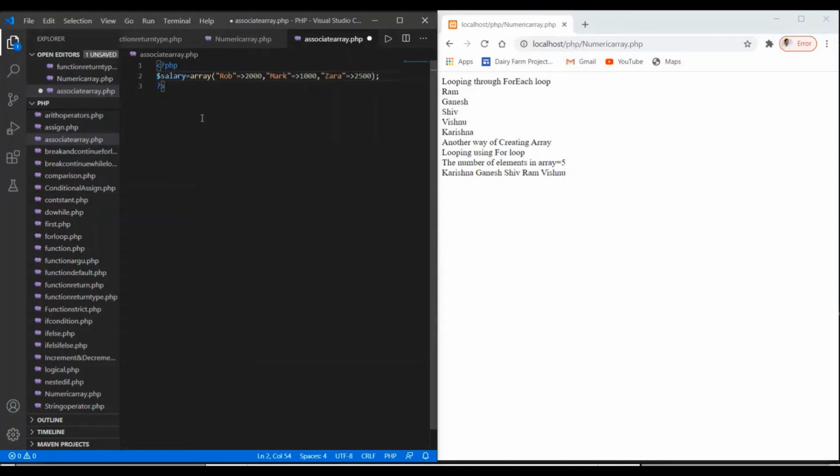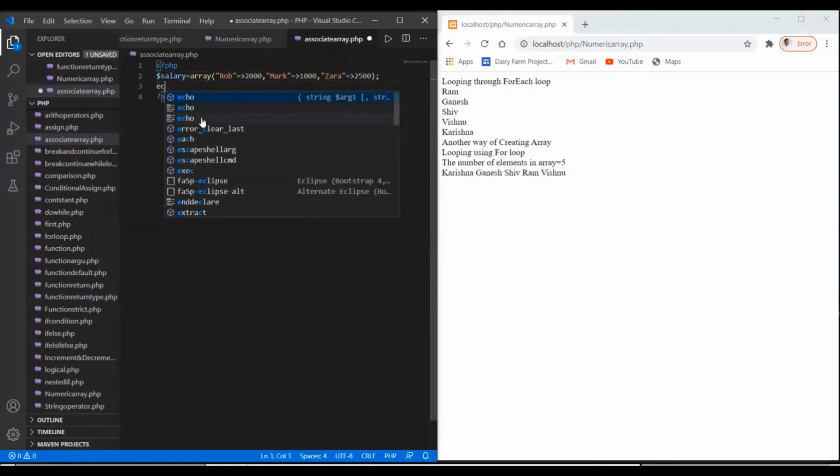Here Rob has the associated value 2000, Mark has the associated value 1000, and Zara has the associated value 2500. So here I'm going to display the values of these.